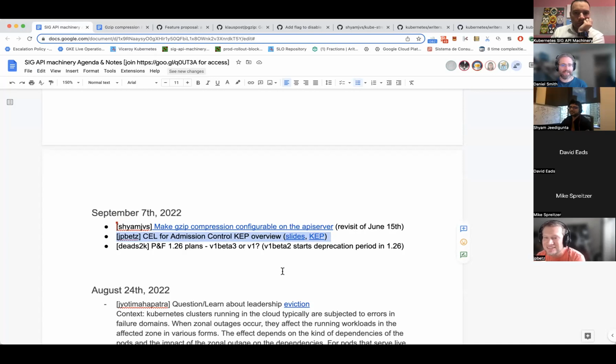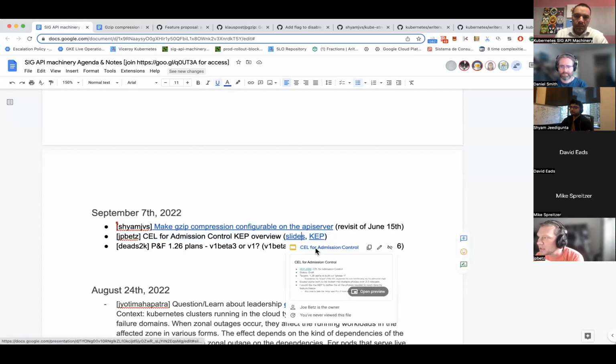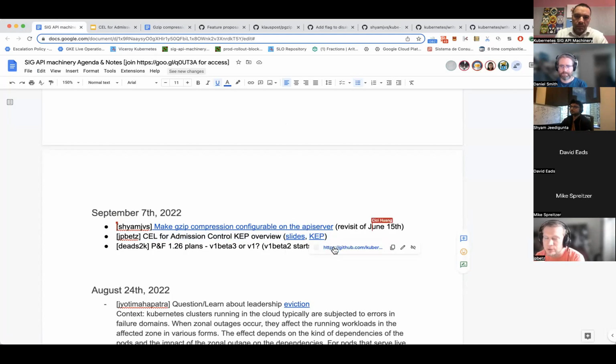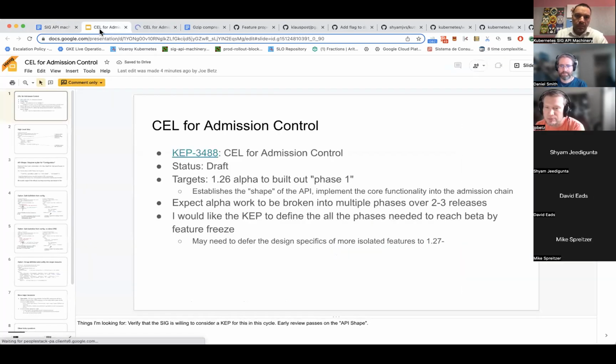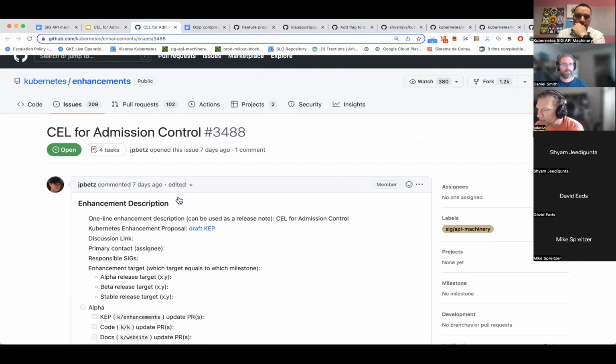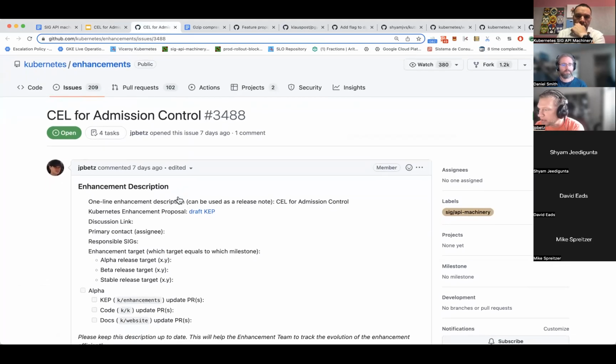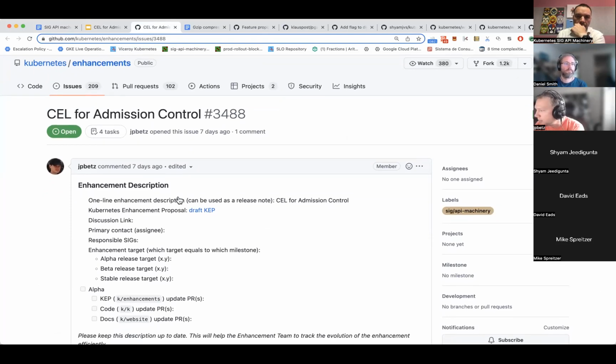Thanks. All right, Joe. Hey, so I'll try and be pretty quick. I wanted to start getting ready for 126. We are interested in writing a KEP. We have a draft KEP for CEL for admission control. Previously, we used CEL for CRD validation. I wanted to quickly gauge the SIG's level of interest to consider a KEP for this in 126, and then